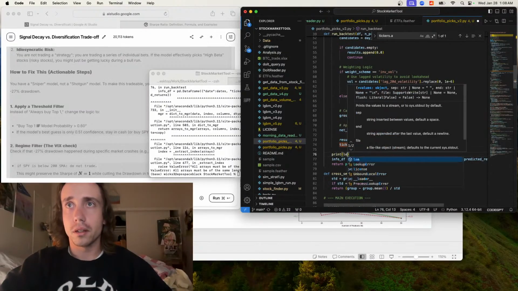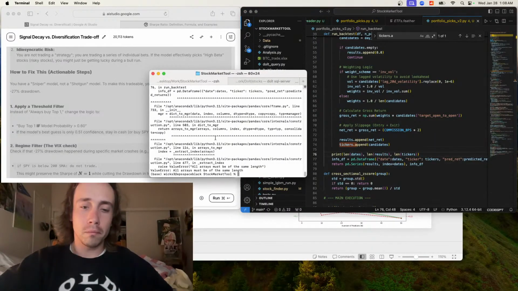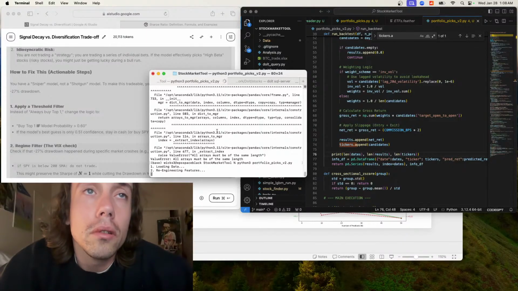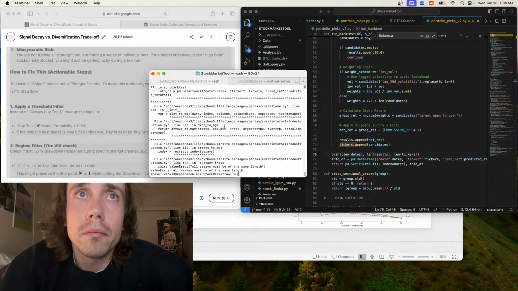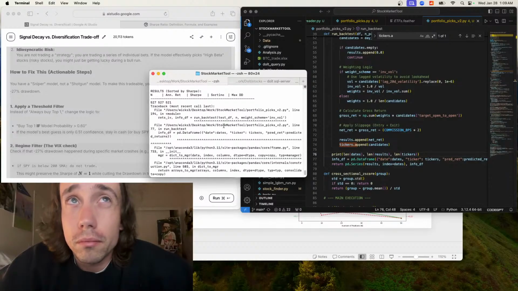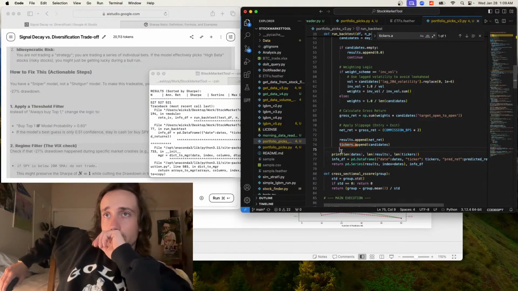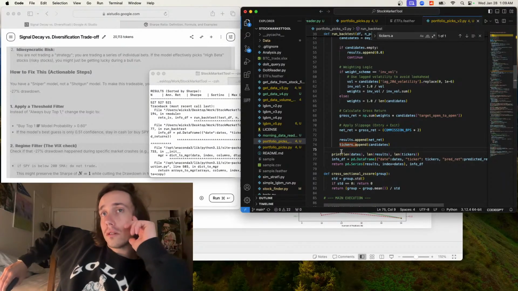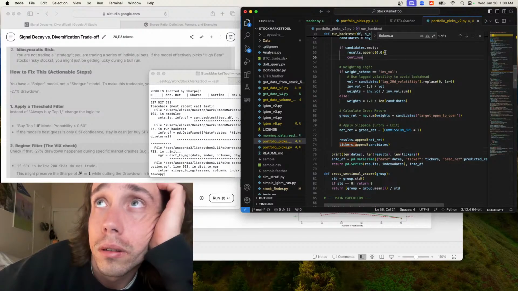Let's just say print len dates, len results, len tickers, candidates. Okay, then let's do